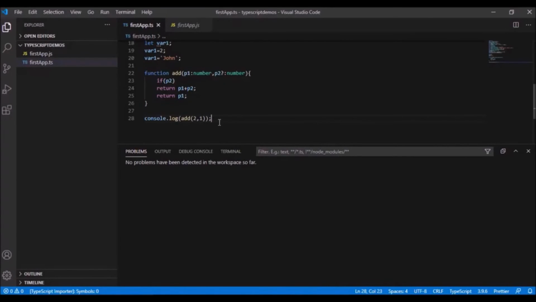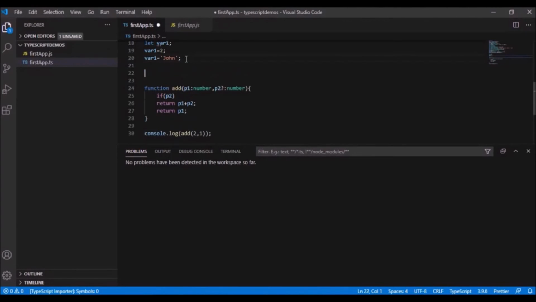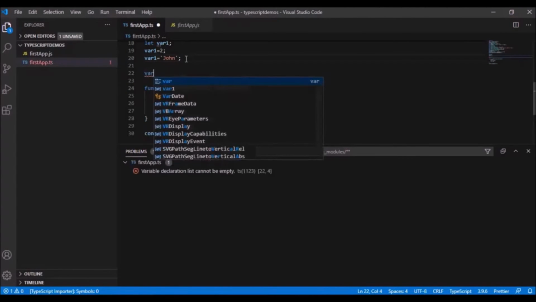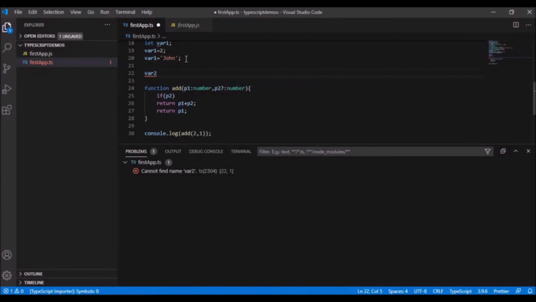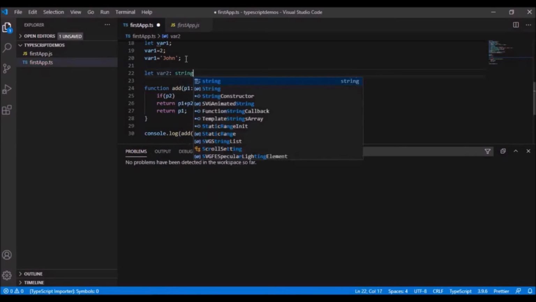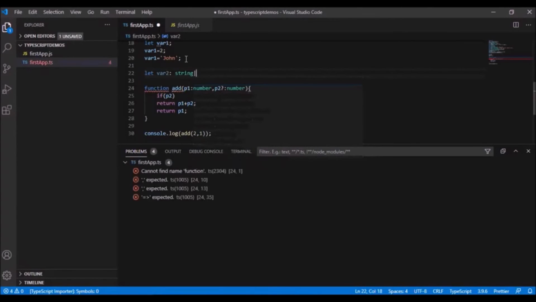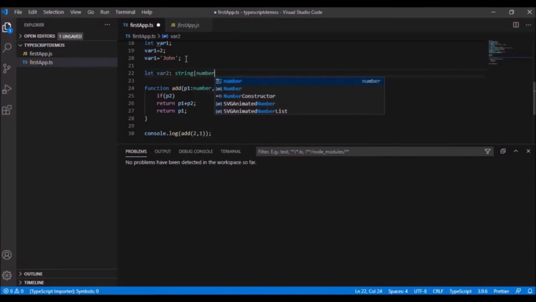Okay, there is something called union type declaration in TypeScript, right? So let me declare a variable. I should say let, variable name, colon. If I assume it is going to hold a string value, I have to say string, or there might be scenarios where it can hold a number value, right?